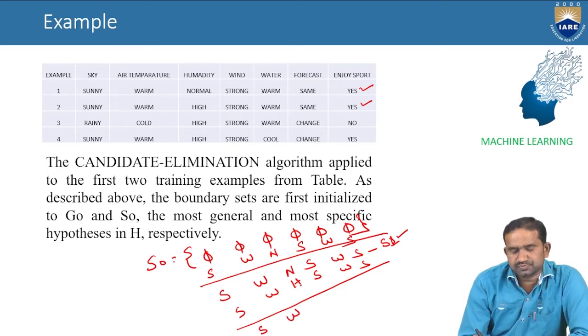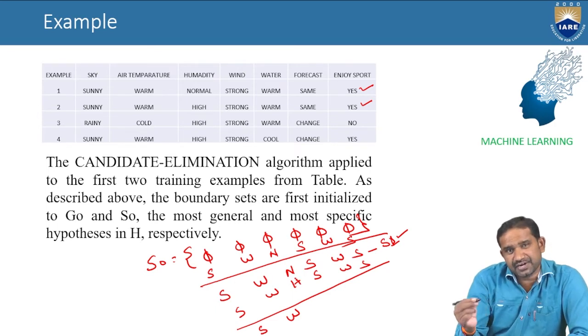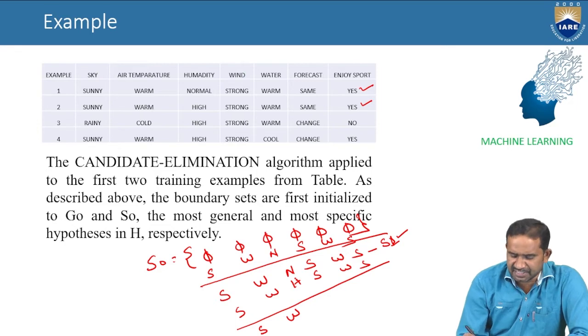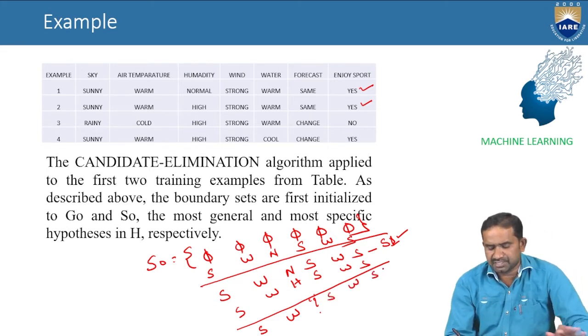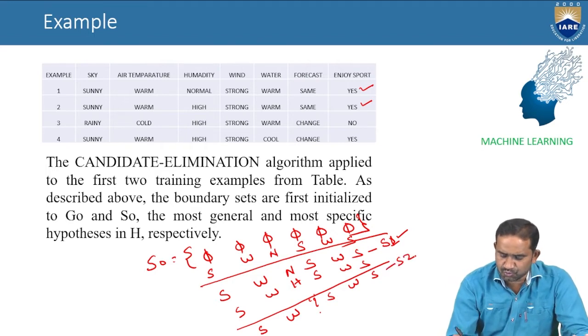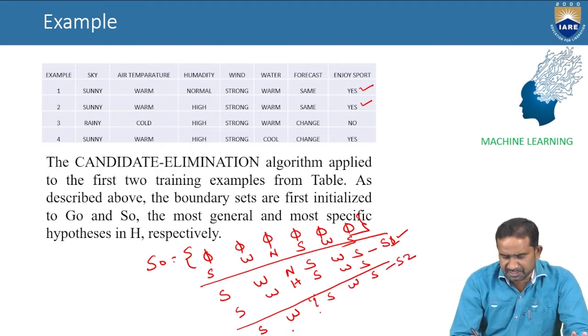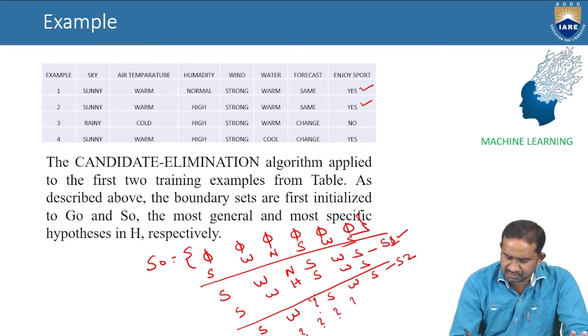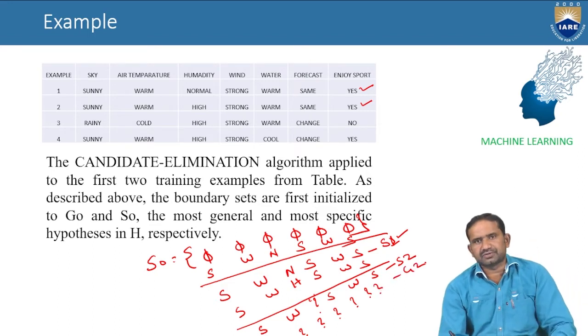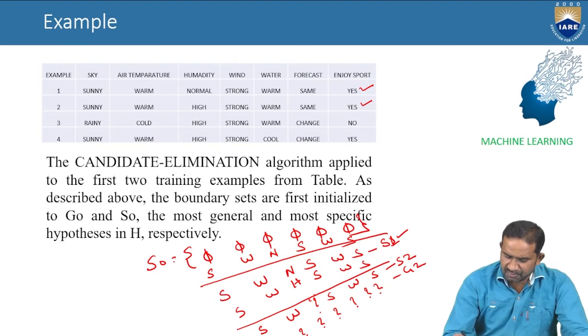Whereas if we compare these two, here is normal and here is high. So if any two parameters are different, it is somewhat generalized, meaning a question mark. And here is S, here is W and here is S. This one becomes S2. And for the generalized hypothesis there are no changes. Why? Because this comes under six question marks, which is G2. And then it is about S2.